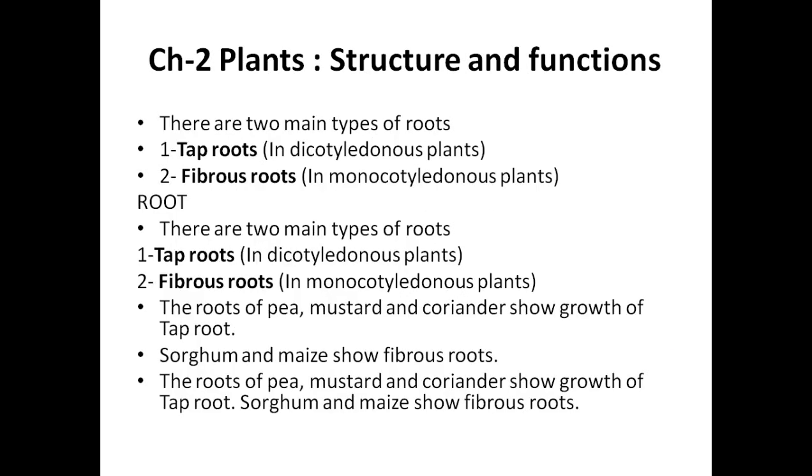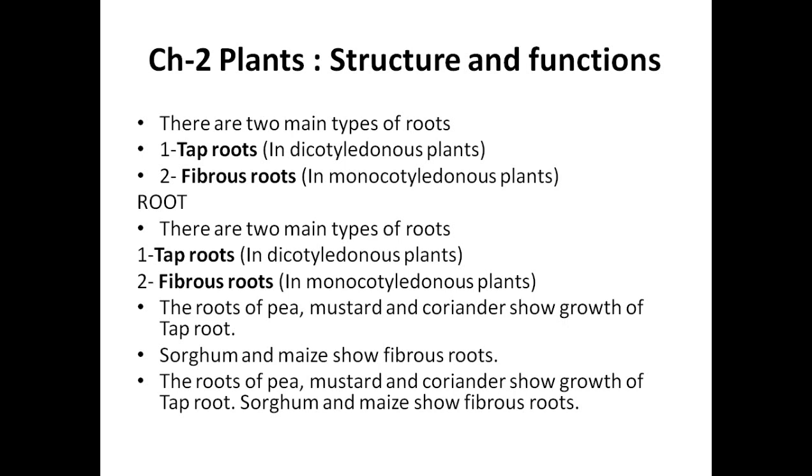There are two main types of roots, tap roots and fibrous roots. As we are studying the first part of the plant, that is root, we have seen what root is and how root helps the plant. The three functions of the root are: first, it helps in absorbing water and nutrients from the soil; second, it provides support to the plant to stand erect; and third, it is used to store carbohydrates and sugar for the bad days. Now we will see the types. The root starts developing from the radicle part.